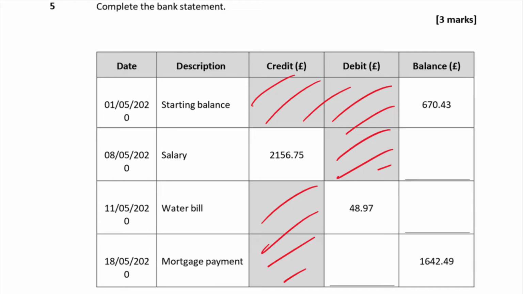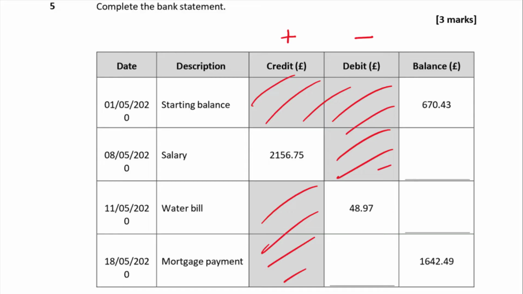It's just the white boxes that need to be filled in that don't have anything in them. Okay. Right. So what do credit and debit mean? Credit means money going into the bank. So when you have a credit, that adds to your bank balance. A debit is when you take money out of your bank, so that is going to be subtracted from your